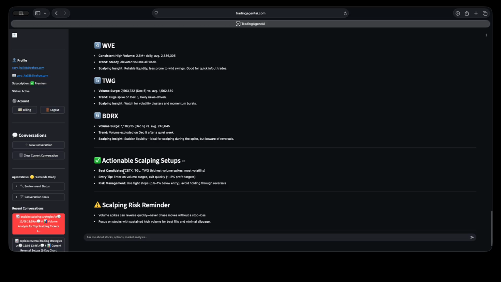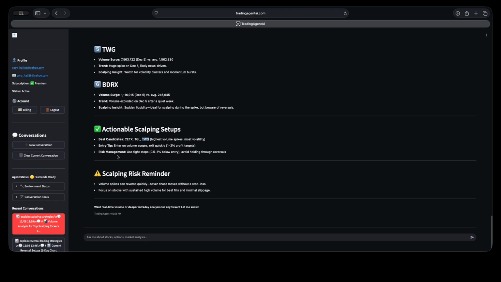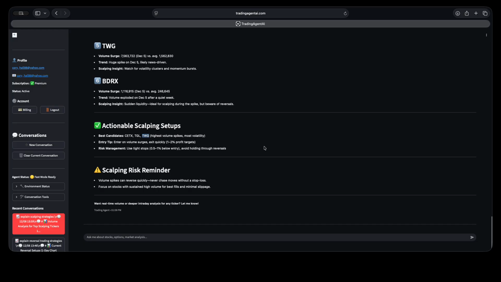And so the best candidates it's recommending are CETX, TGL, and TWG with the highest volume spikes and the most volatility. Enter on volume surges, exit quickly. Risk management, use tight stop losses, 0.5 to 1% below entry, and avoid holding through reversals. And then the scalping risk reminder. And so